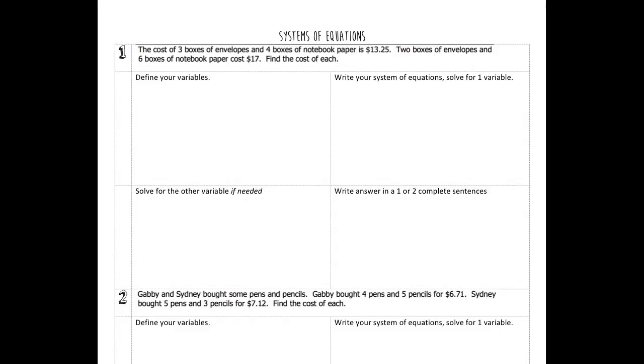So since they're asking us to find the cost of each, that means we don't know the cost. If I don't know the cost, then the cost is unknown, and we should know by now that the variable represents whatever is unknown. So I know my variable is going to represent cost. Specifically in this problem, the cost of a box of envelopes and a box of notebook paper. So let's say E is the cost of a box of envelopes